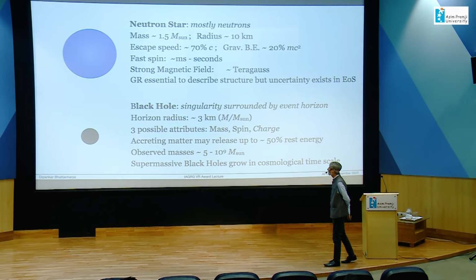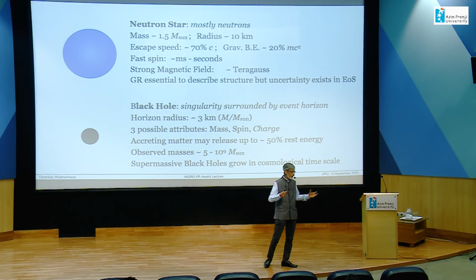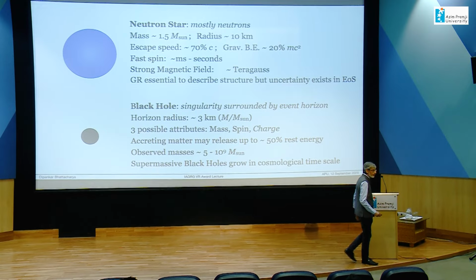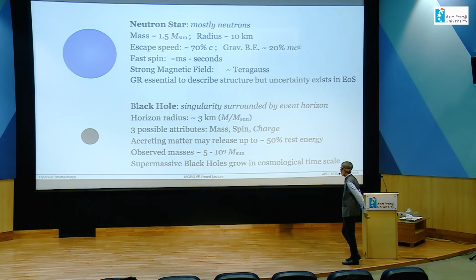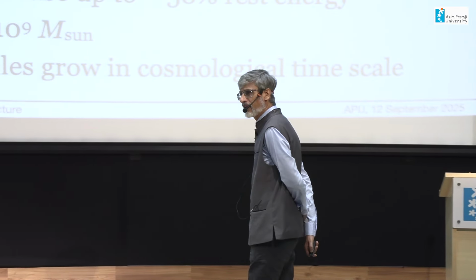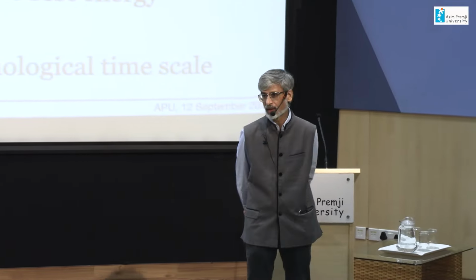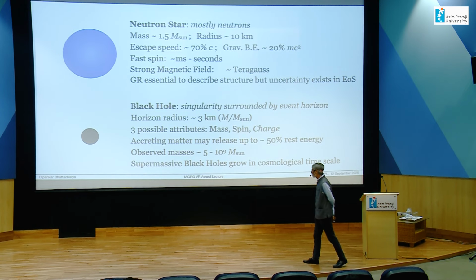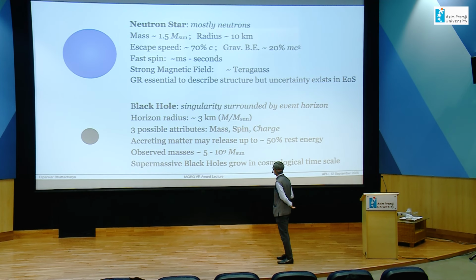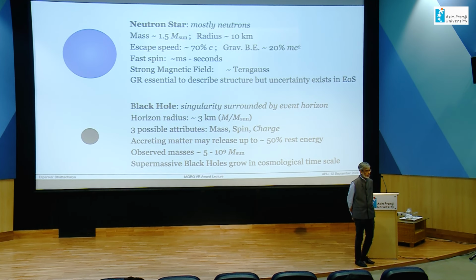It's a very simple object, unlike a neutron star, which can have a magnetic field, which can have deformation and so on. A black hole can have only 3 attributes, that is its mass, its spin, and an electric charge. But in nature, we are hardly likely to encounter a black hole which is electrically charged, because it can always attract opposite charges from elsewhere and neutralize itself. So astronomical black holes, we tend to describe only by two parameters, which is mass and spin. Once you know the mass and the spin, you know everything about that particular black hole.